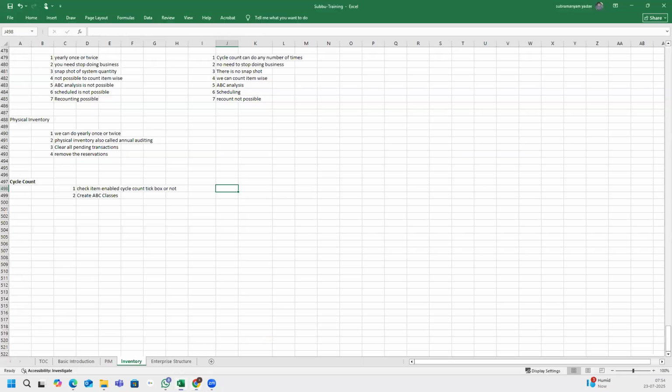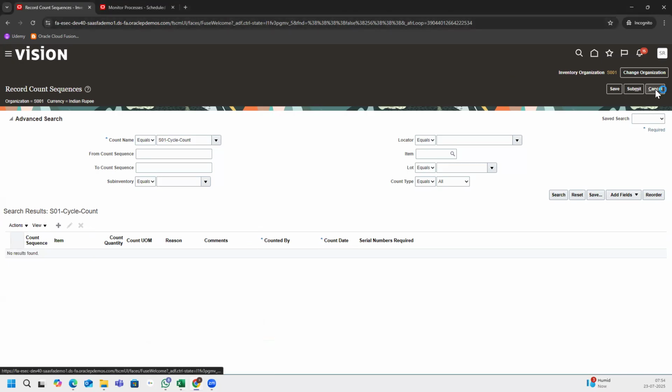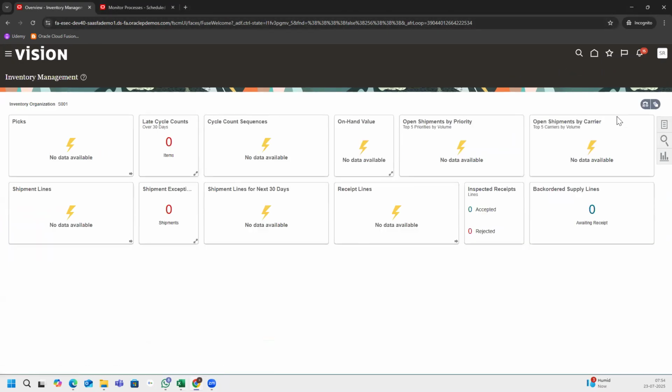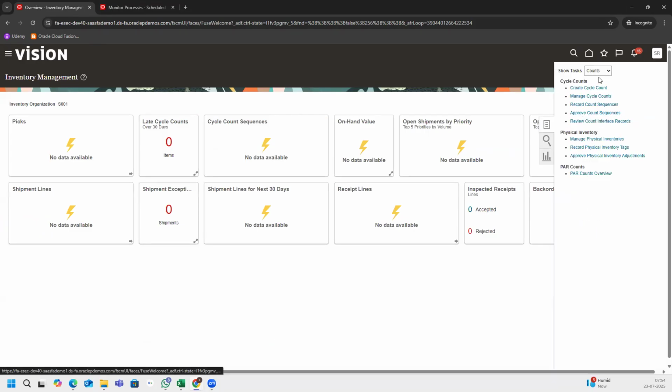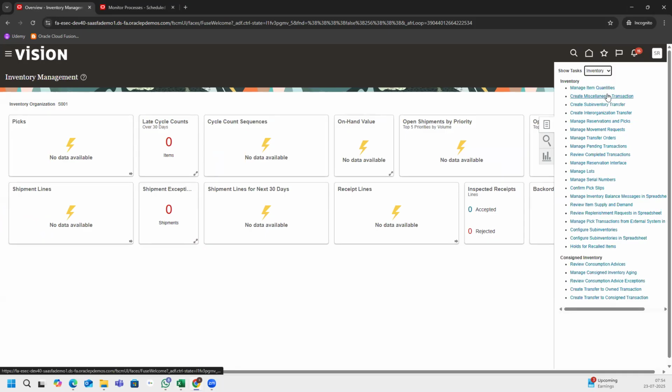So with that, most of our inventory transactions are completed. I will tell you what is missing tomorrow, or tomorrow we will check whether it is showing up or not. Okay. So if you see inventory, we pretty much covered item quantities, miscellaneous transaction, sub-inventory transaction, inter-organization transfer,